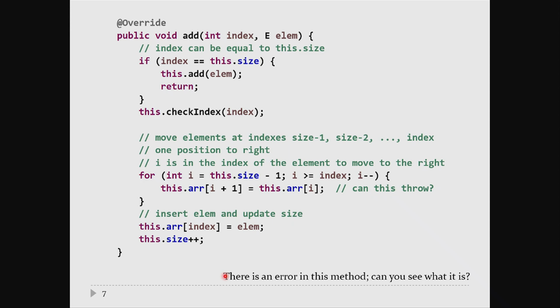Now, if you have to resize, then that can't throw. Because if you resize, then the capacity of the array is bigger than the current size, so in other words, it has to be at least size plus 1. So using an index of this dot size is fine. But there's actually 2 bugs here. One, we're not checking for the resize condition, and 2,